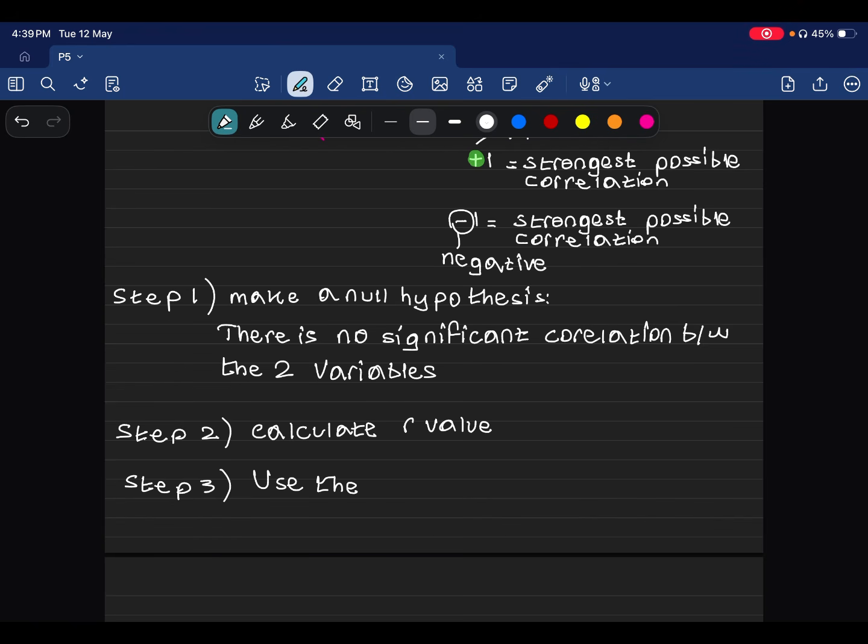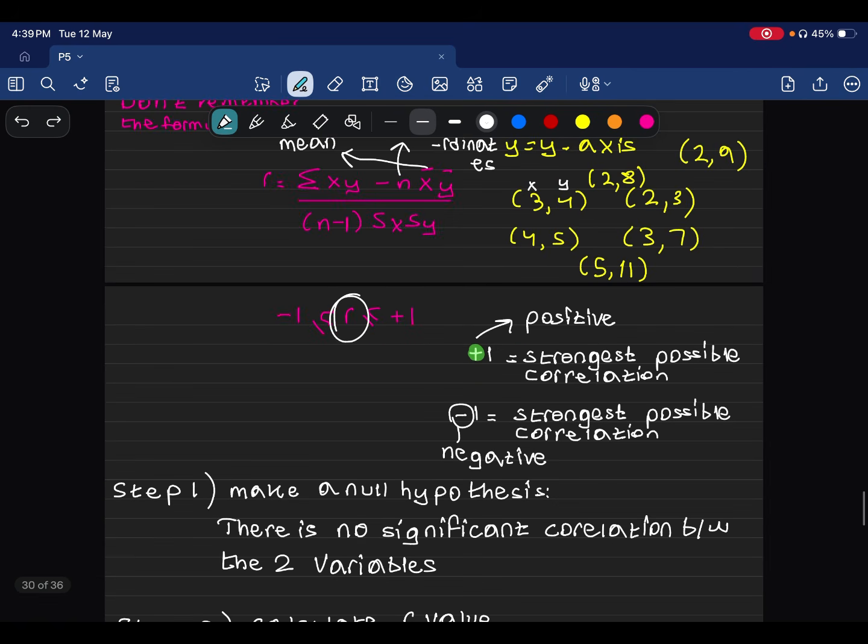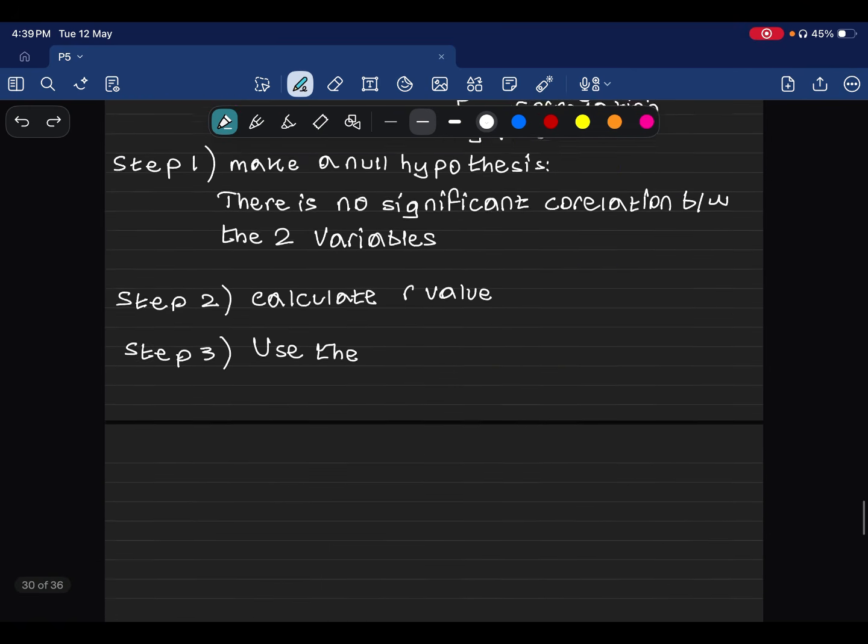You might be thinking, isn't there supposed to be an extra step, degrees of freedom? You're right, it's there. And the degrees of freedom is n minus 2. But the thing is, it's not in your syllabus. It's a part of Pearson's correlation, but it's no longer included in your syllabus. They removed it around 2 to 3 years ago. So don't worry about the degrees of freedom when you're solving a question about Pearson's linear